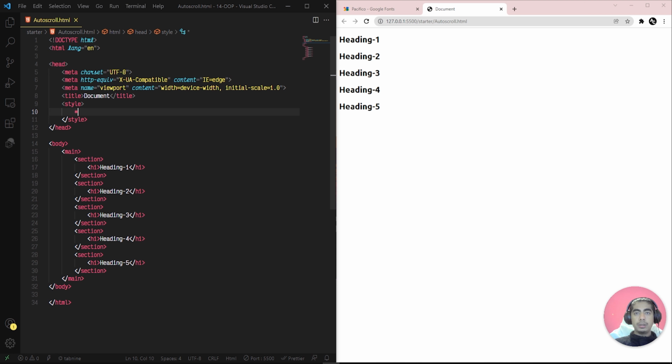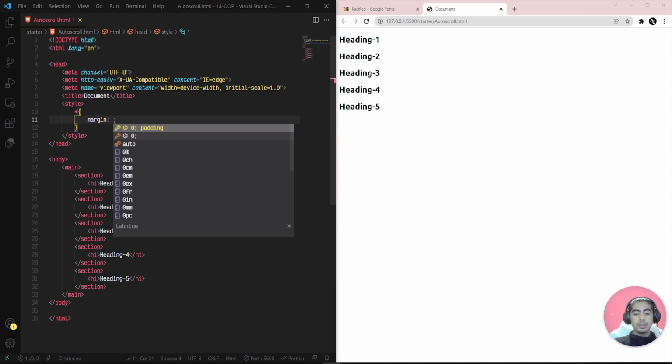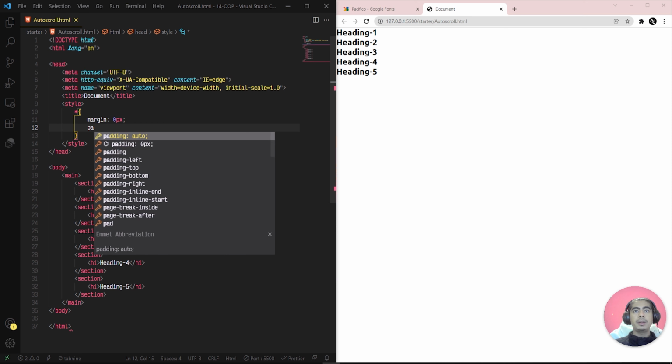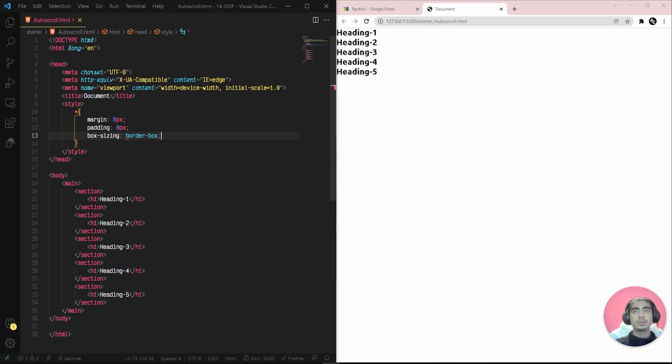Okay, so I want to remove all the default margin and padding, which you can see right here, it has the default margin. I want to remove everything. Margin 0 pixel. You can see right now that it removes the default. I want padding to be 0 pixel as well, and I want box-sizing border-box. Okay, so now let's start with the style of the main,